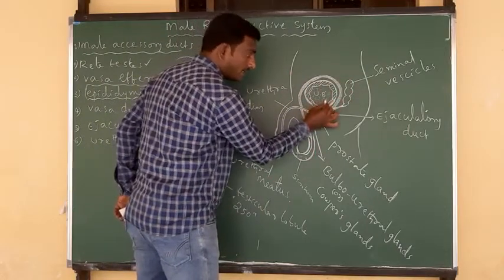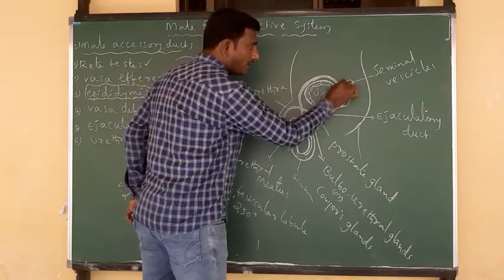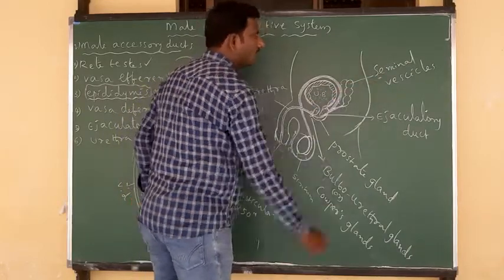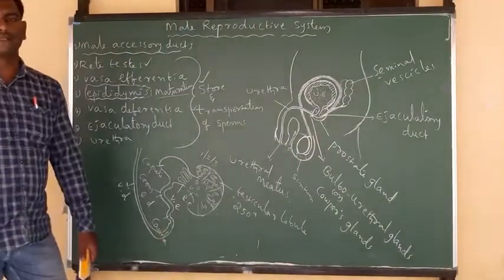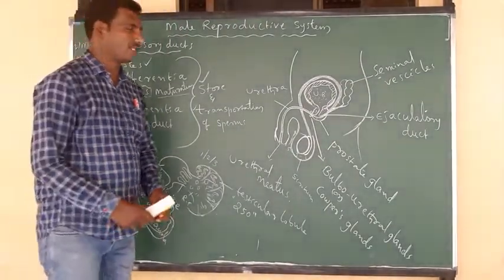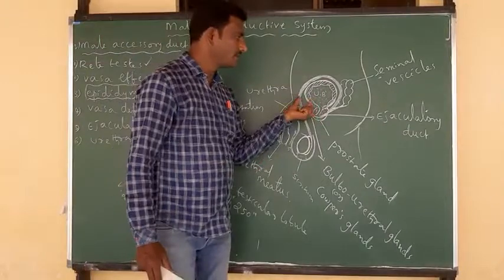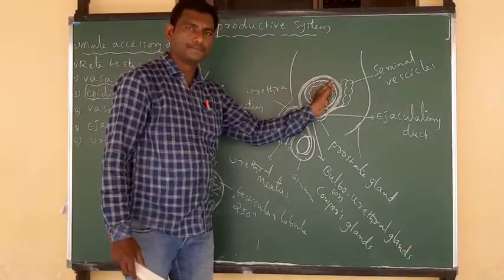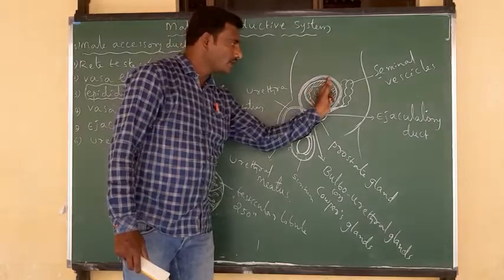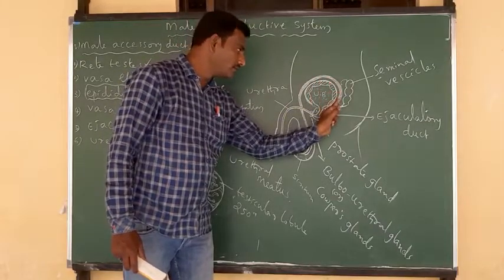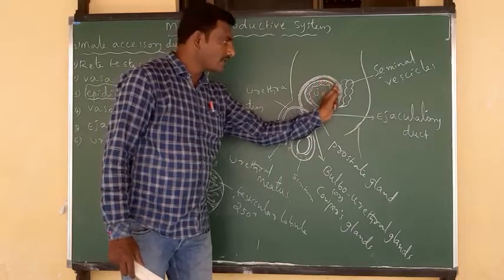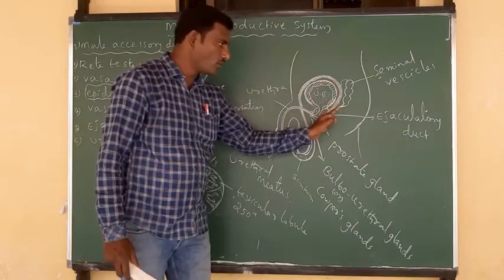Exactly at the back side of the urinary bladder, a pair of glands are located. Now these glands are called seminal vesicles. Listen carefully here, it is somewhat confusing. After looping the urinary bladder, this vas deferens runs backward like this. Here this vas deferens receives one duct